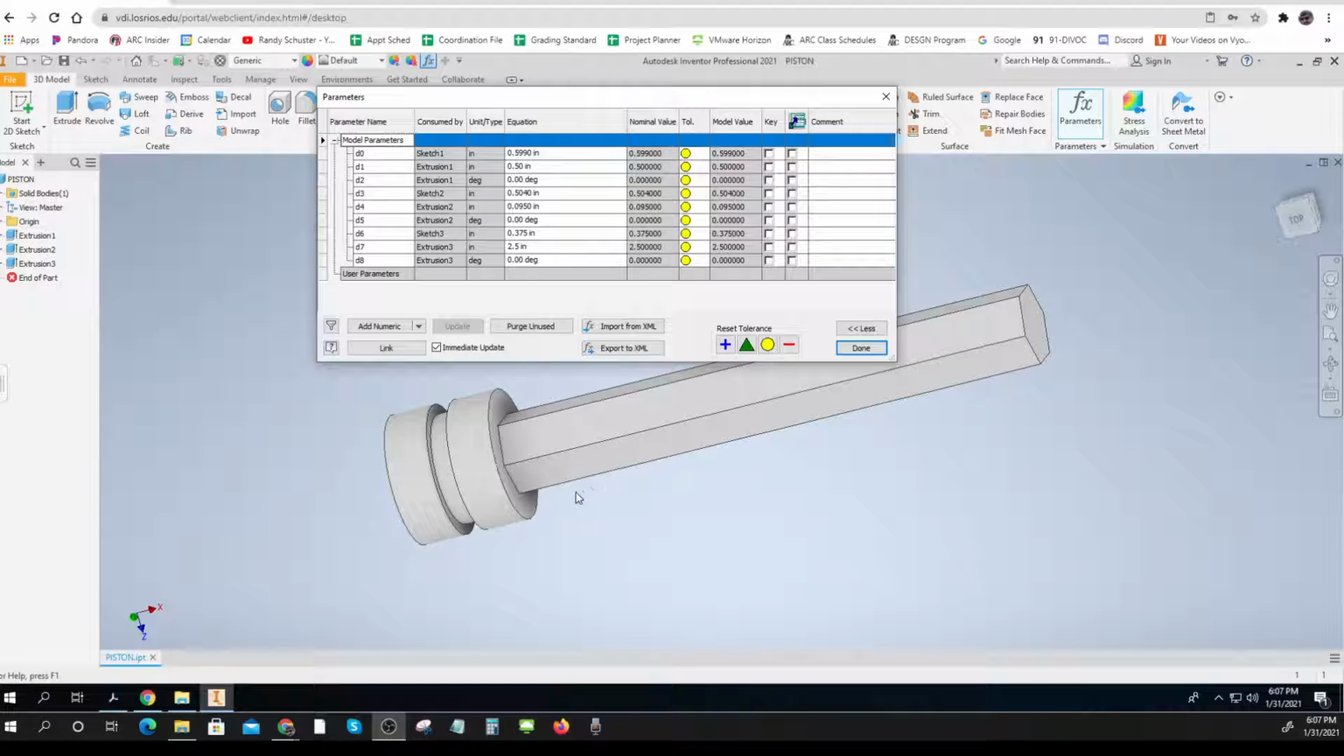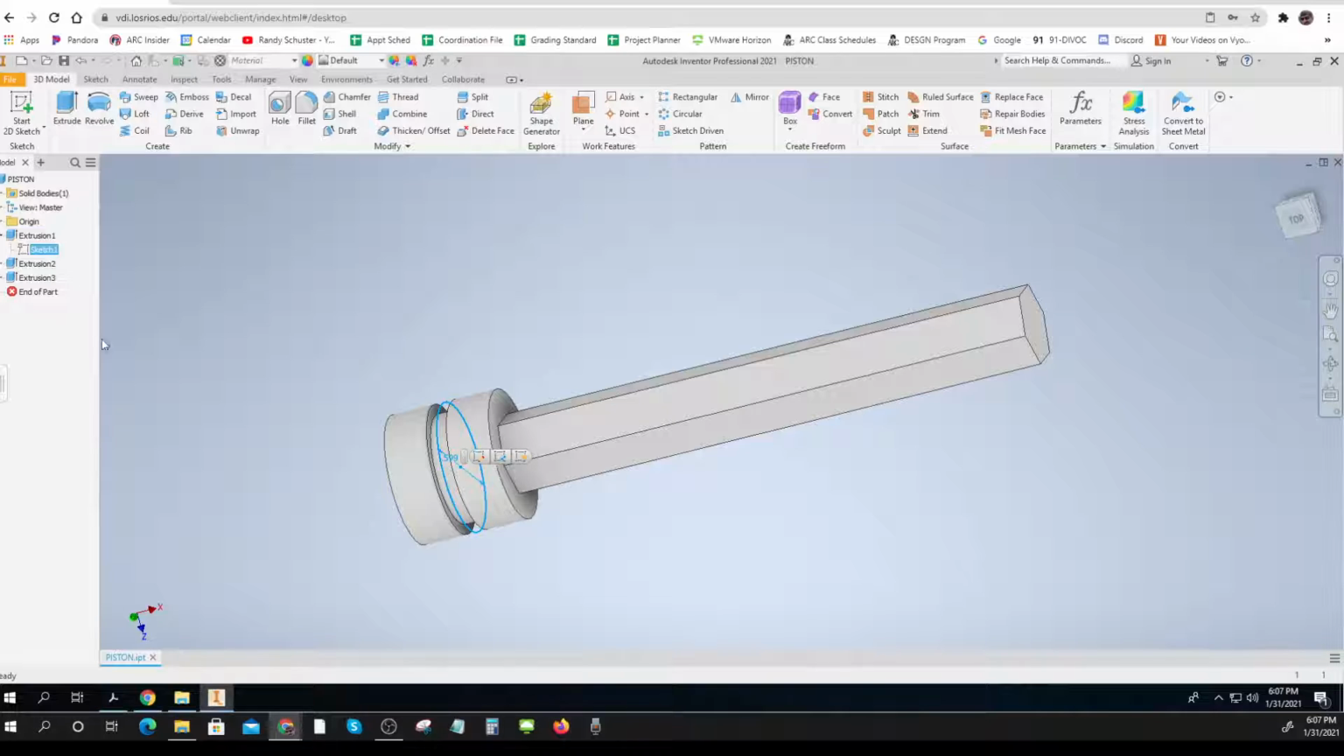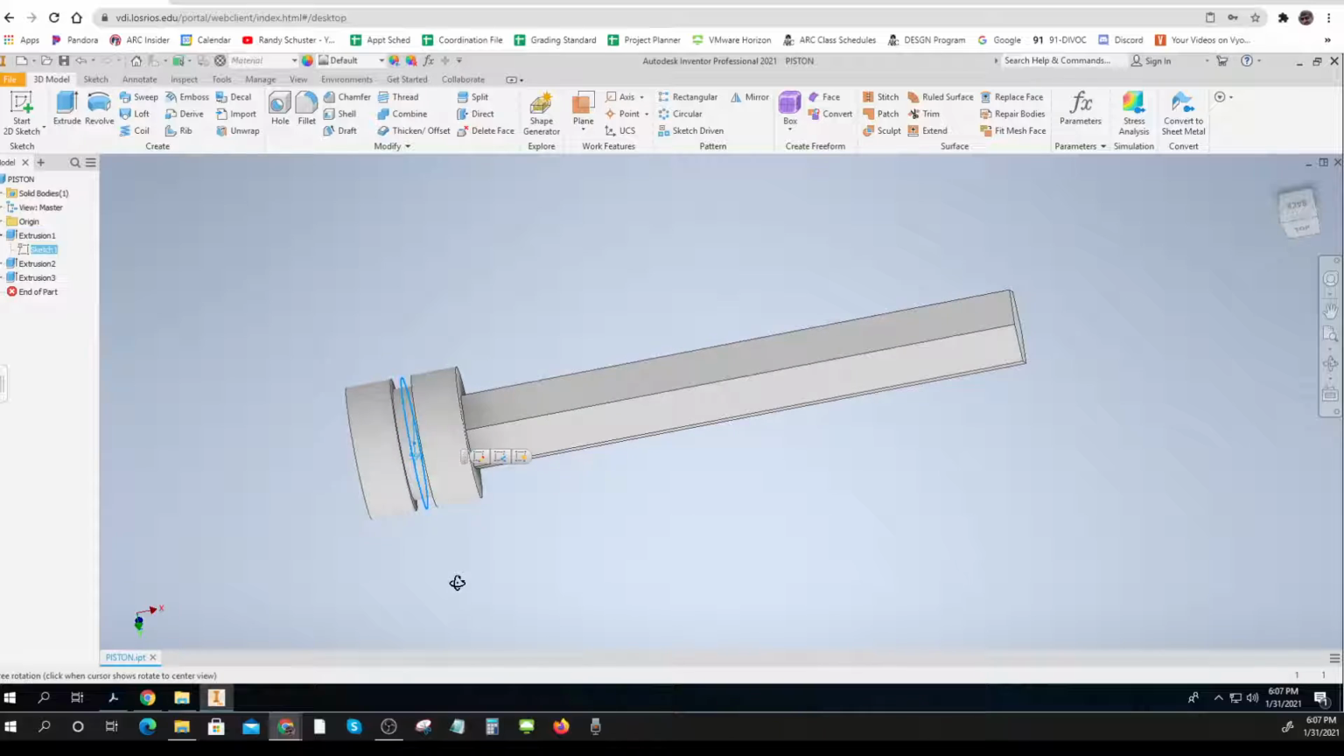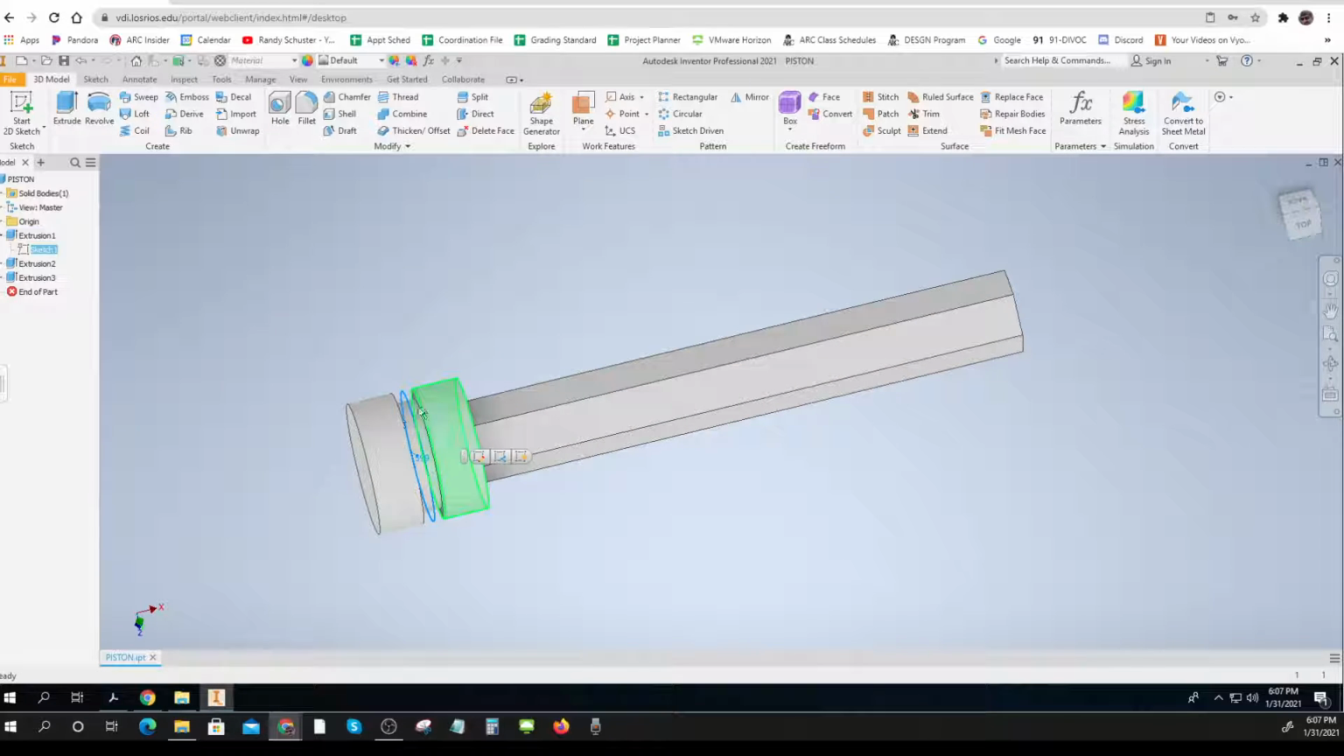Let's check out the parametric table for the piston and see if we can figure it out. I see that in sketch 1 and extrusion 1, there's some information. So let's see what sketch 1 says. Close this down. Okay, so it looks like sketch 1 is this big diameter right here. So that's my sketch 1, which is the